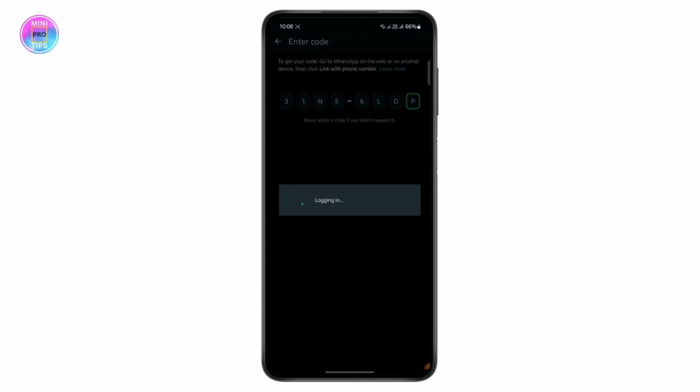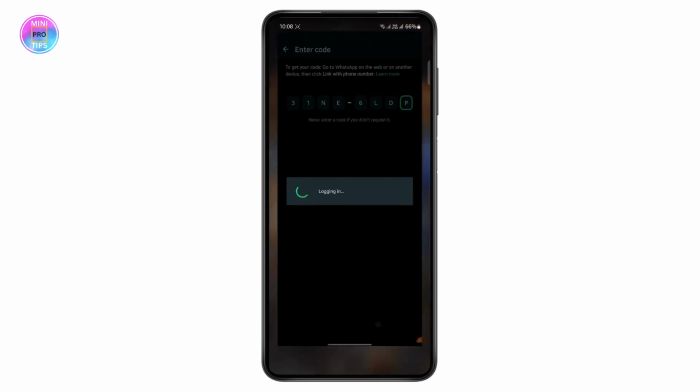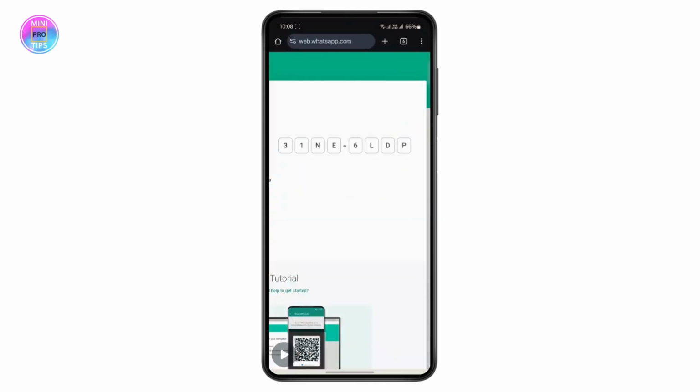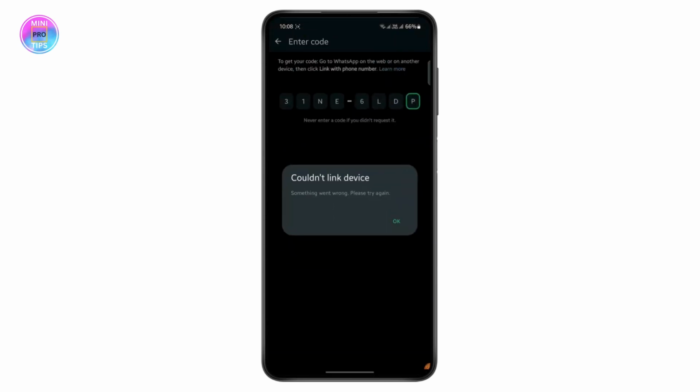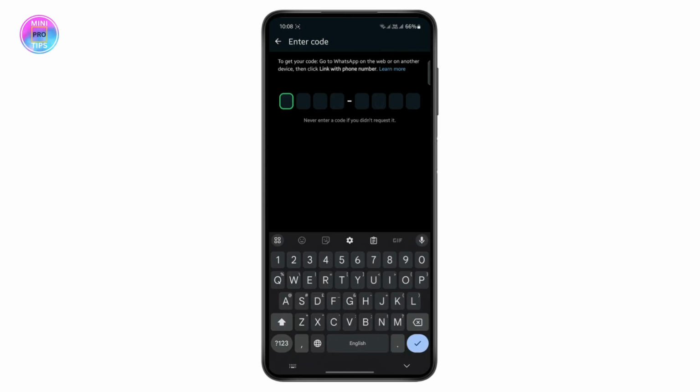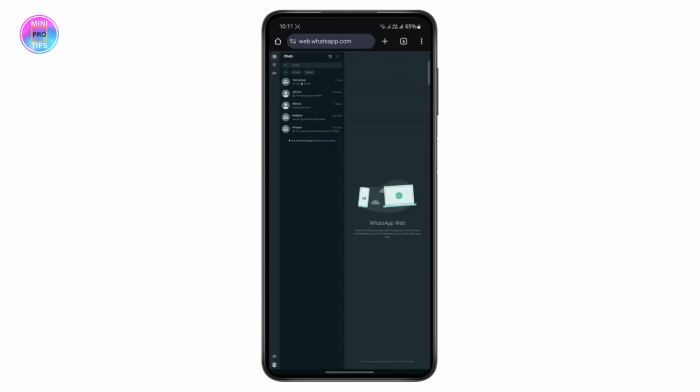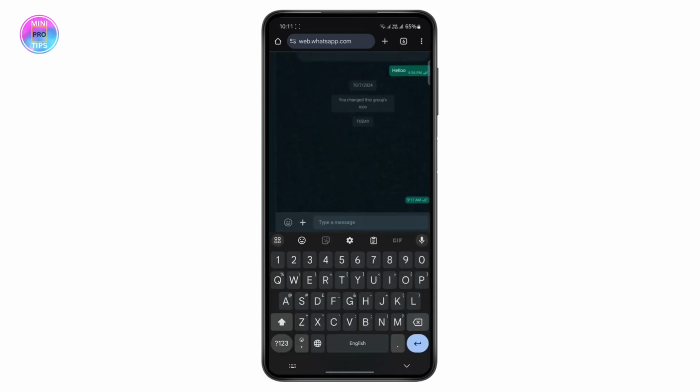So once you enter your code, it will log you in your WhatsApp Web. So you just have to wait for a bit. And after the login is done, now after you have entered your code, you just have to wait for your chats to load on your WhatsApp Web, and it will load up all of your chats. Then you should be logged into your account on your WhatsApp Web on your Android device. So as you can see, I have already logged into my